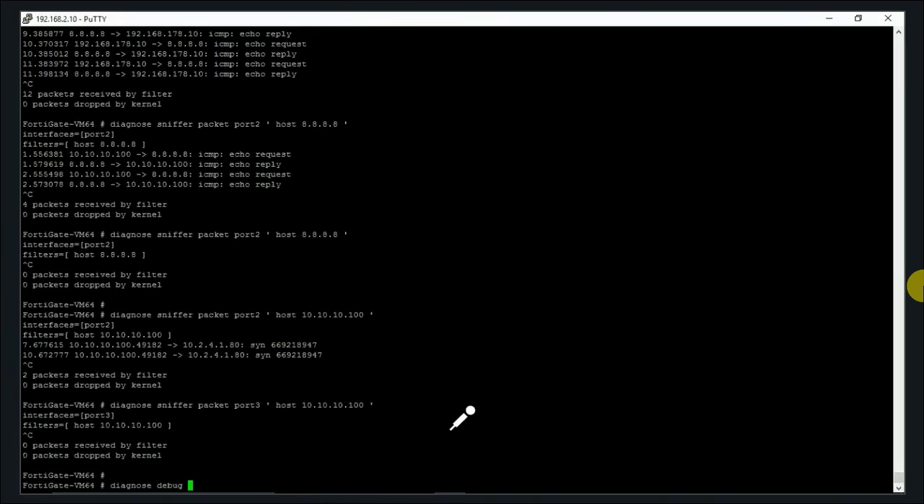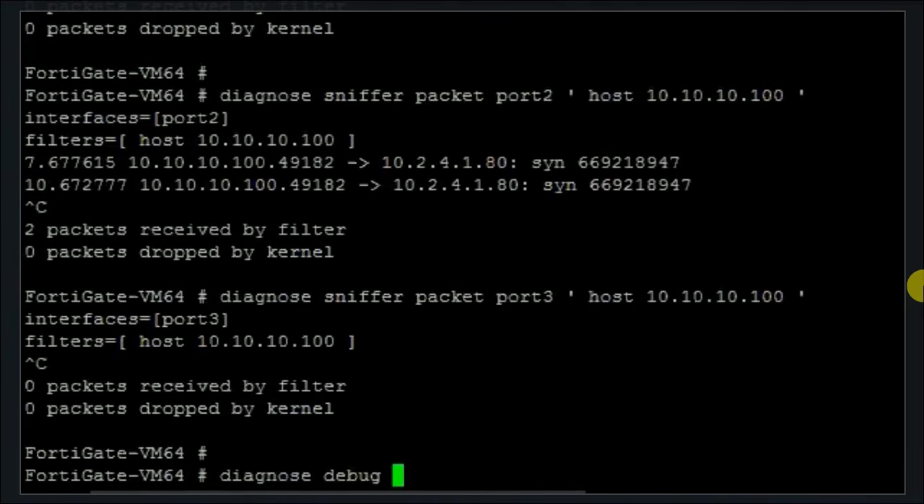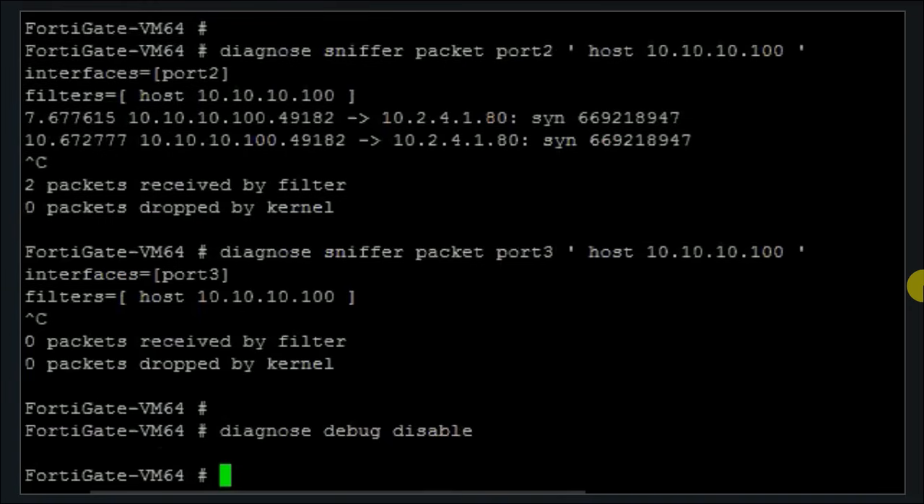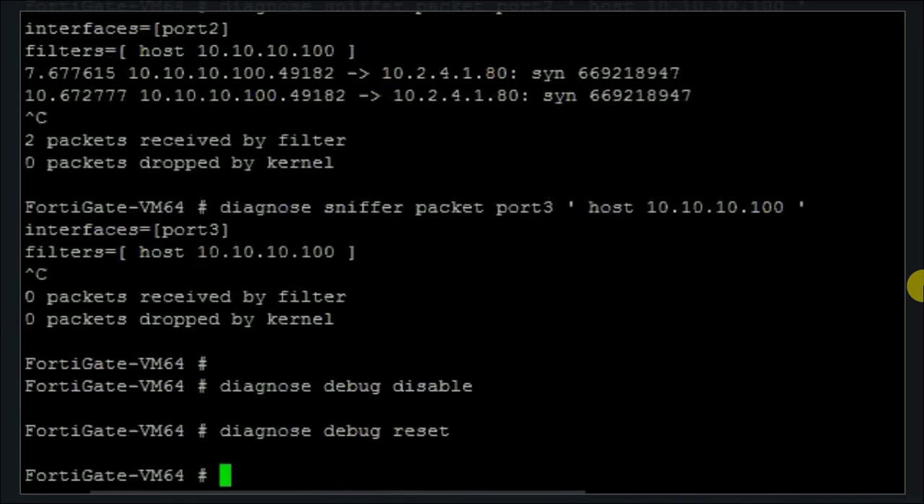Okay, so let's see, does it have policy, diagnose debug. First thing that you need to do is disable. Maybe diagnose debug is already running. Then you do diagnose debug reset. Why? Maybe somebody has already set a filter. So you reset the existing filter. Now you start your filter. Diagnose, debug,